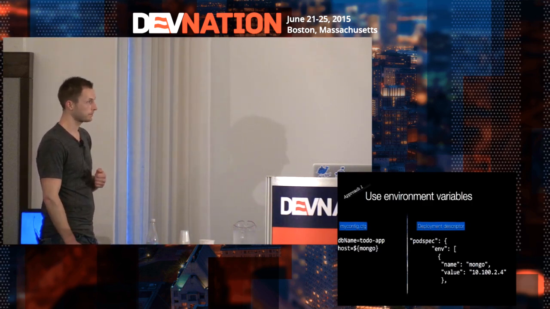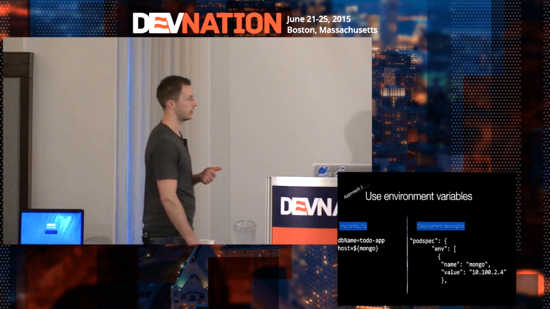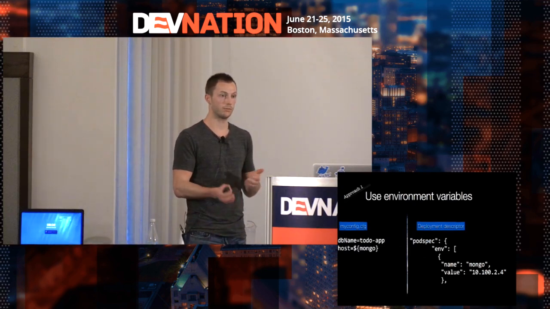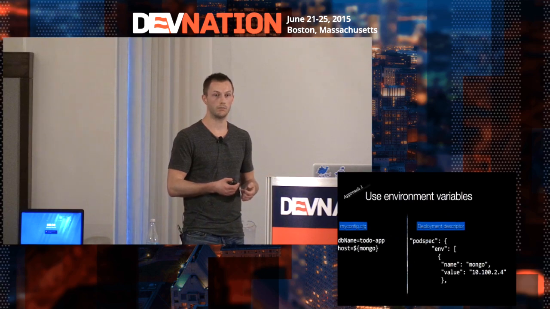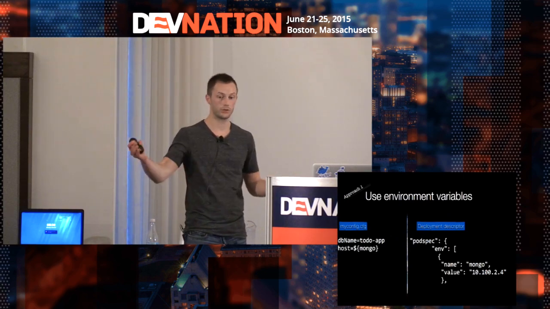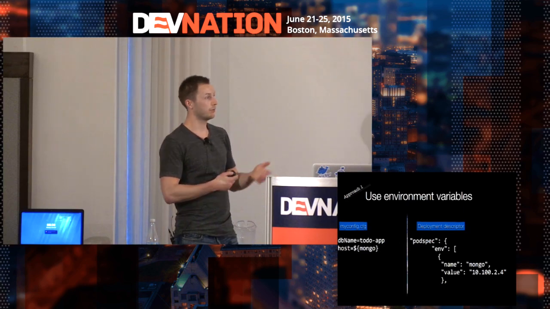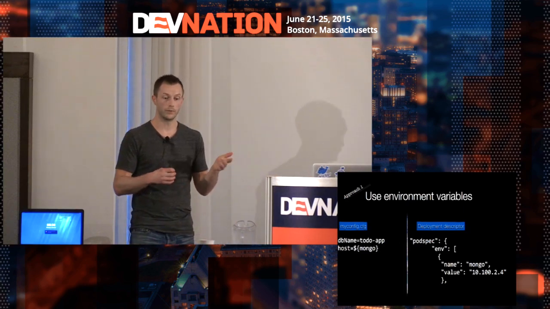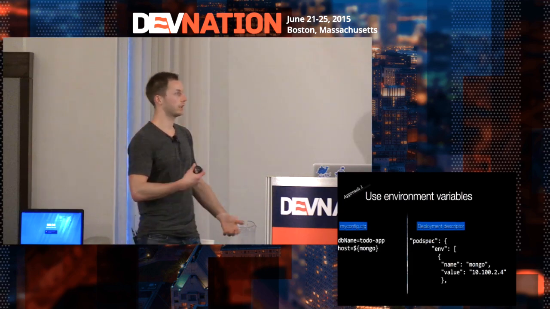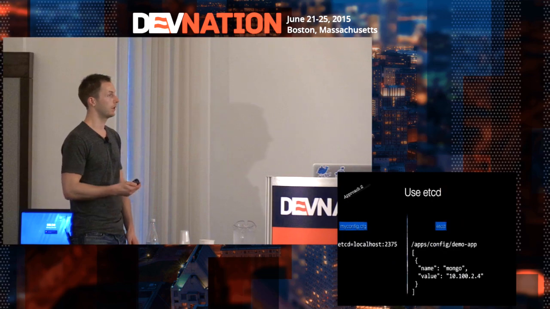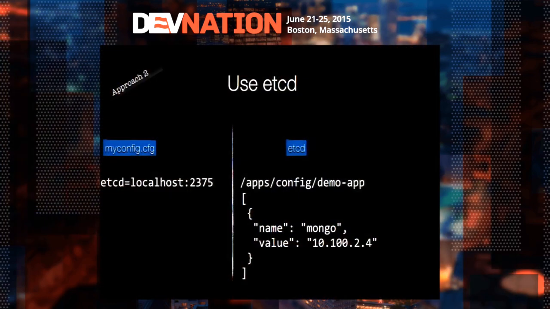So that's one way. The downside of this is that it's not truly dynamic. This works like a one-time shot. You can have different builds that produce or deploy to different environments. That's pretty good. But what if you actually want to change this Mongo address during runtime? Well, I'm not going into whether this would be a good idea or not. That completely depends on the situation. But a nice way to get that to work is, again, use our key value store that we have anyway, etcd in this case, because Kubernetes uses etcd.